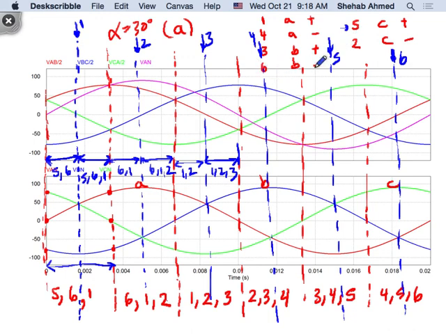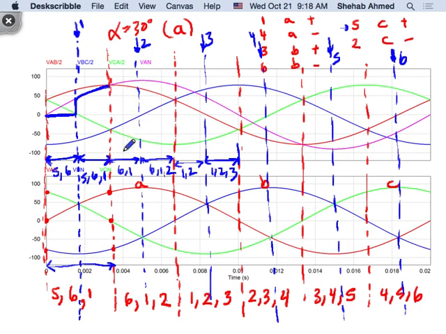So what voltage do I see on phase A? 0. Do you agree? And that's why I went to that exercise at the beginning. So here, output voltage will be 0. Now, 5, 6, and 1 are on. What is the output voltage? VAN, exactly. So I jump to this pink line,